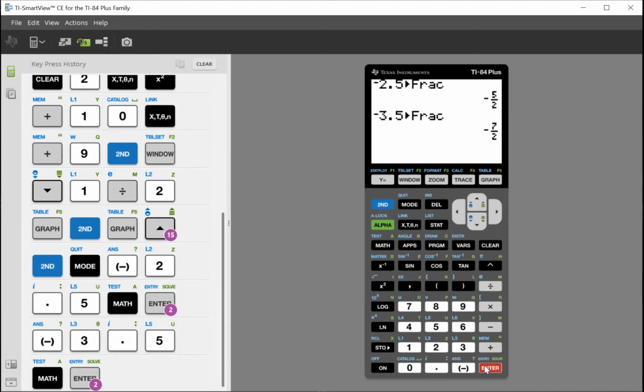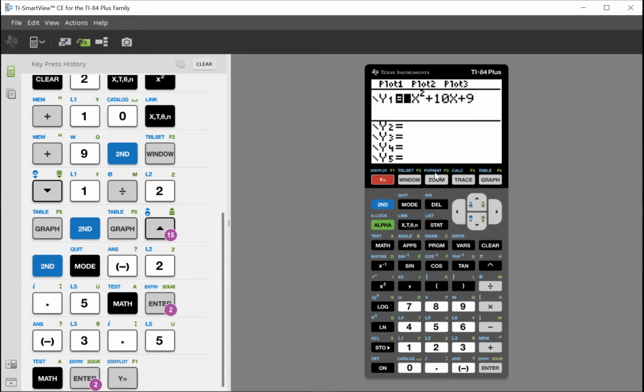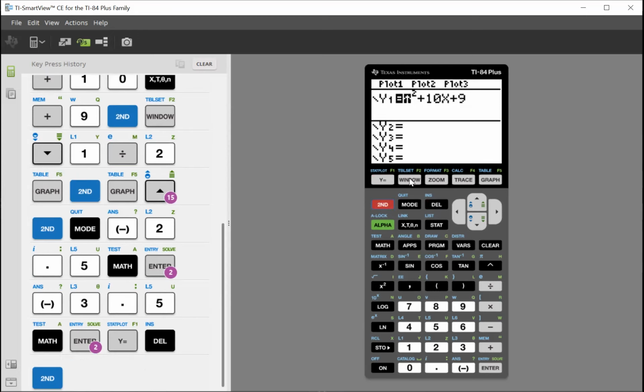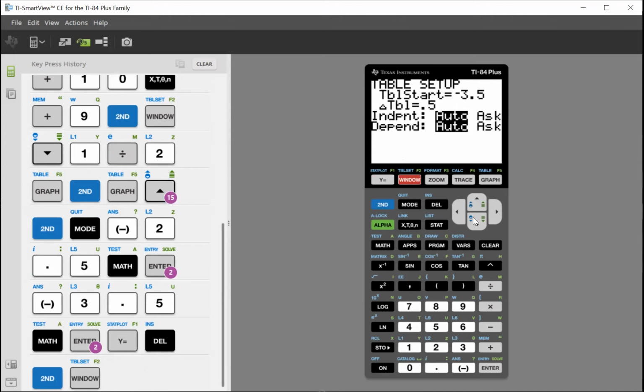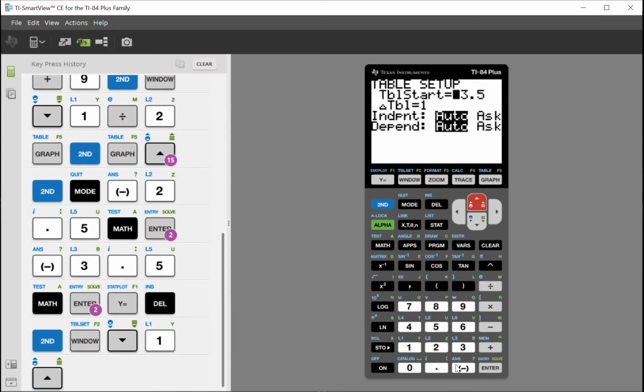Yes. Now, if you notice, let me go back to my y equals. So if you got a 2 in the front, you want to change that. Now, if I don't have a 2 in the front, say this was just an x squared, so let me delete that 2. If that was just an x squared, I'm going to go to my table by hitting second table. And I'm going to come back down and turn that back into a 1. Okay. And then I'll just make that a negative 3 instead of that negative 3.5. So if you look at the graph,